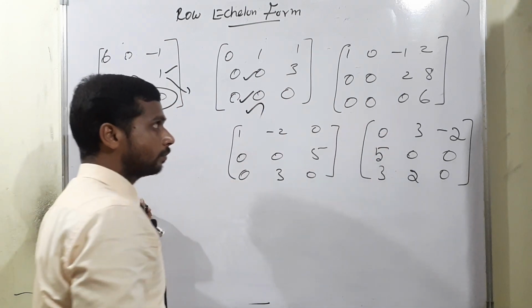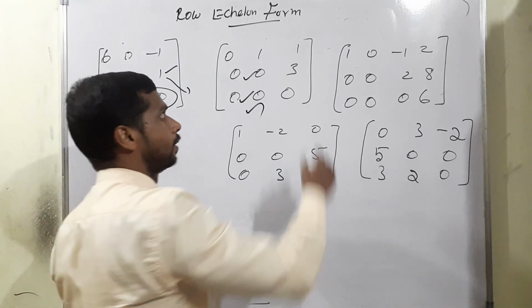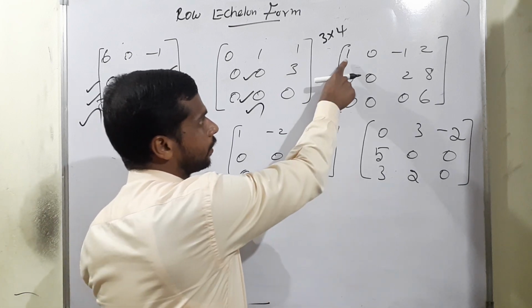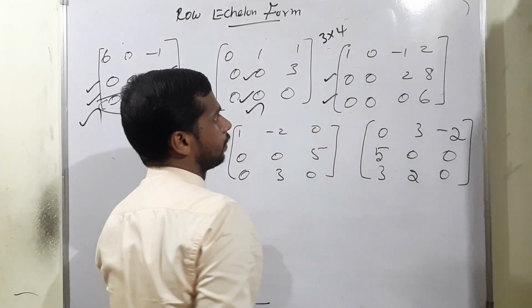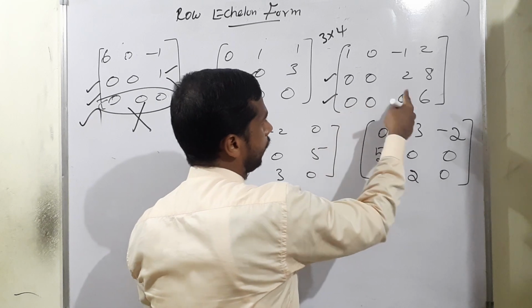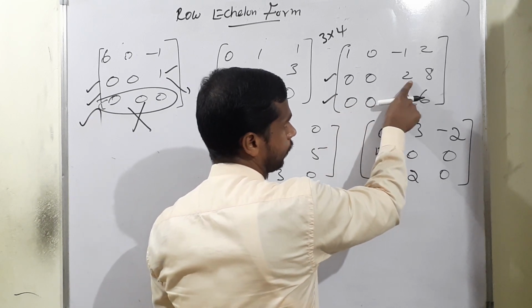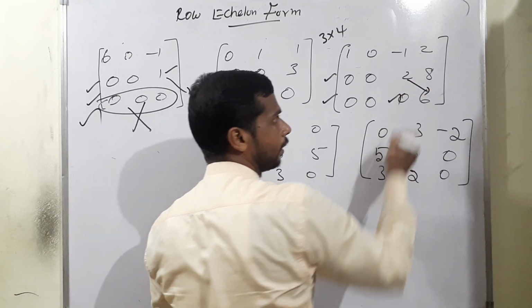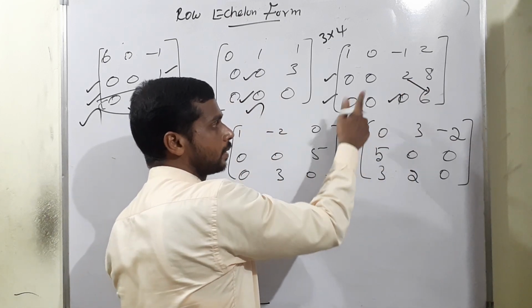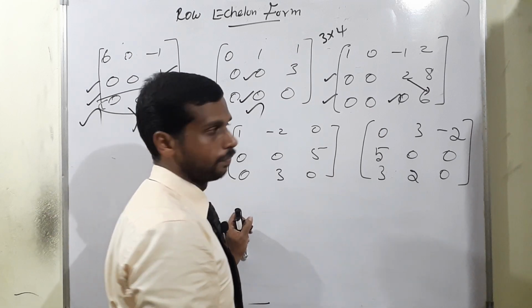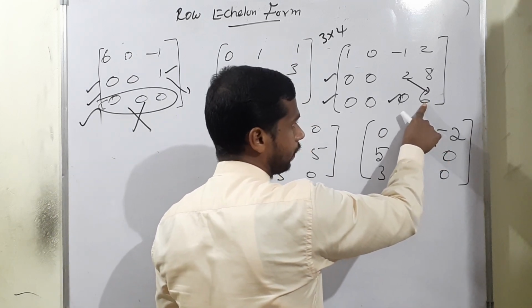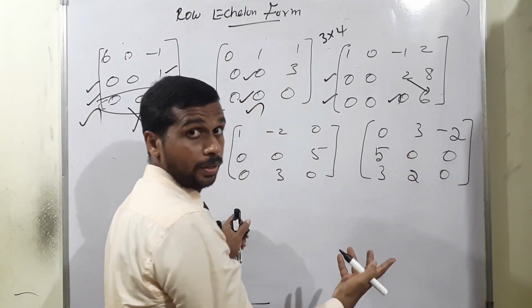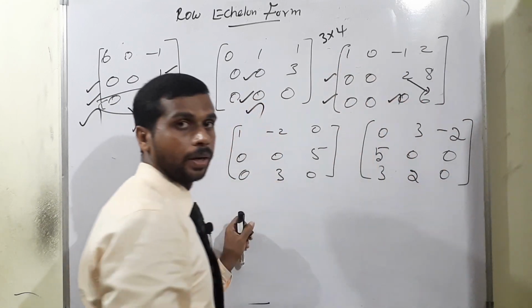Next one, 3 rows and 4 columns, isn't it? This is actually a 3 by 4 matrix, 3 rows. Now when starting the non-zero digit 1, the terms under it will be 0. Then the next row starts at the third position with its non-zero digit, so the terms under it will be 0. Look at the left side only. If it comes to any right side, it definitely is not a row echelon form. Here in the third part only is the non-zero digit, and under it there is nothing, because they didn't give anything in the fourth row. So we can say this is completely row echelon form.